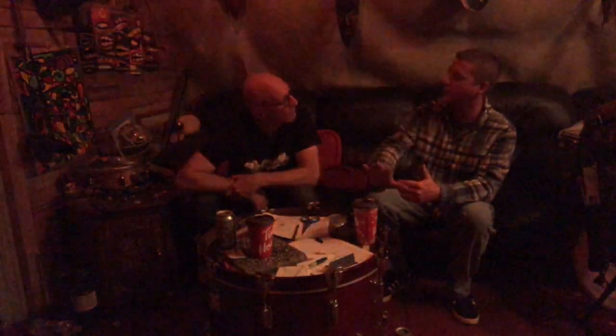So I started with my tom rack, and I built it so that it's a little bit of an arch, and then I pick up my other cymbals along the way. The only thing that's not part of that rack is my hi-hat stand. It holds the toms, holds all my cymbals on the left, and then I built one on the right to hold all my cymbals on the right. Then when I get done with a gig or get done with breaking down, it's been there for literally